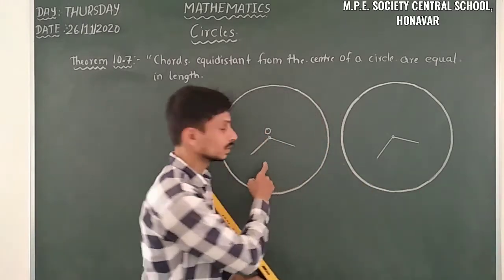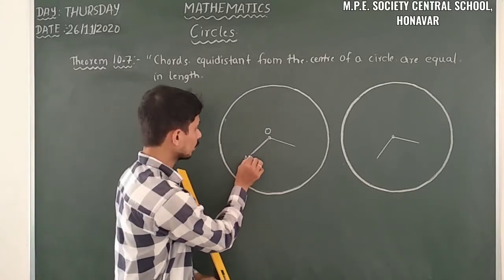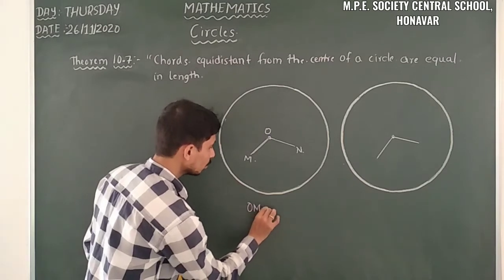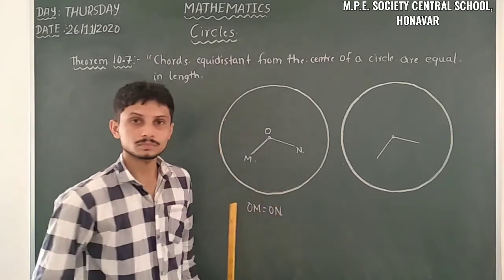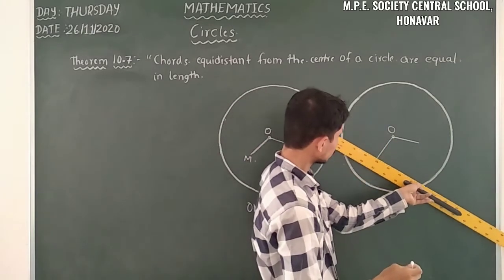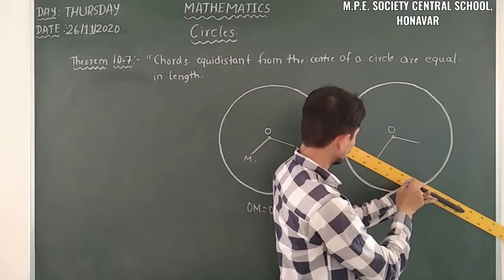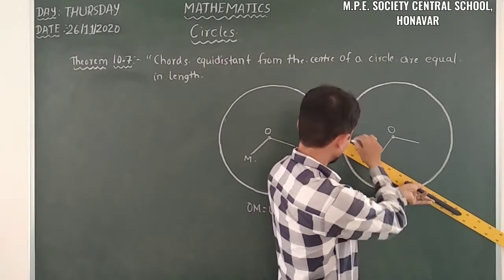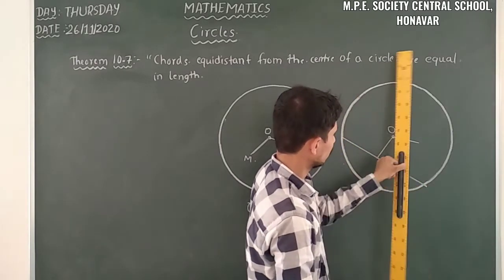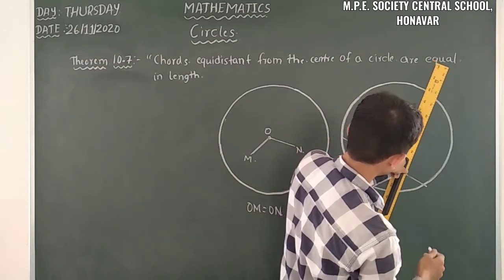So this is the first procedure. First you have to draw like this. Whatever OM we have here, OM must be equal to OM. Then here you have to draw the chord, and it must be perpendicular. Here, you have to draw the perpendicular. And here I will take another chord.